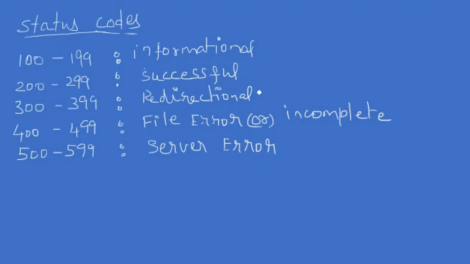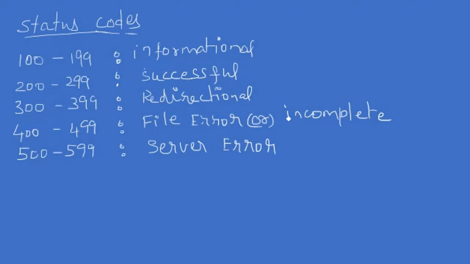There may be different reasons, so that will be denoted by numbers between these. Then 400 to 499 states client error or kind of incomplete status. That means when a server is processing the request, it encountered a client error, or the processing is half complete